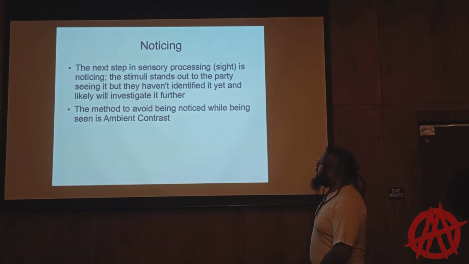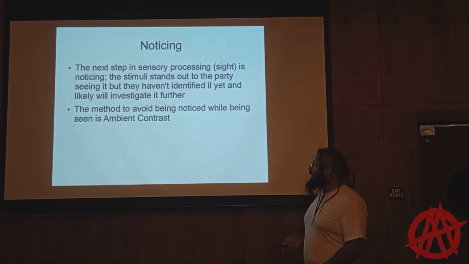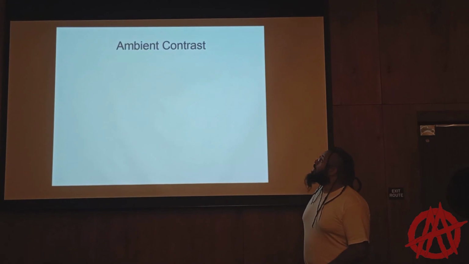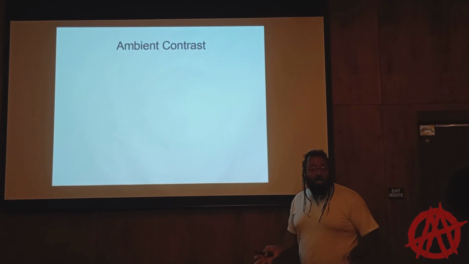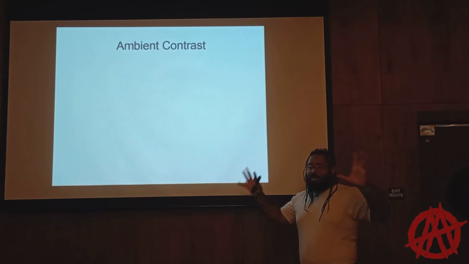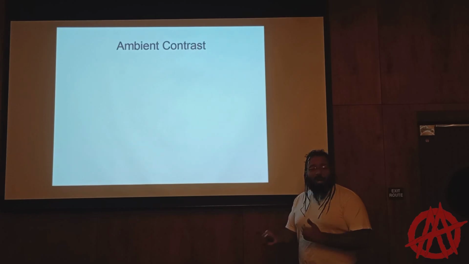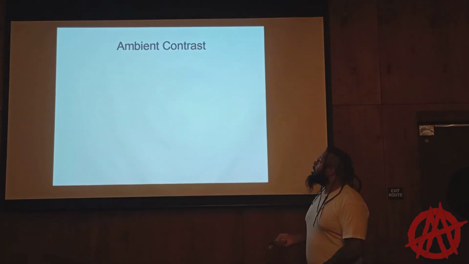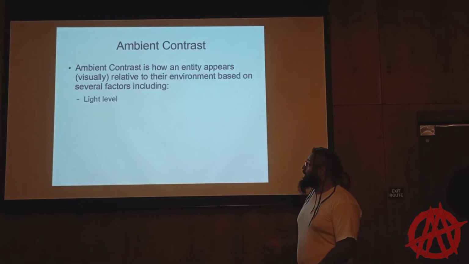So the method to avoid being noticed while being seen is called ambient contrast. There are a lot of factors to this, but digging into it, it really all falls into what I call ambient contrast. The term ambience or ambient refers to the general environment, which applies to sight, hearing, probably touch, all of that. And then of course contrast: how things stand out in comparison to one another. So ambient contrast is how an entity appears visually relative to their environment based on several factors, including light